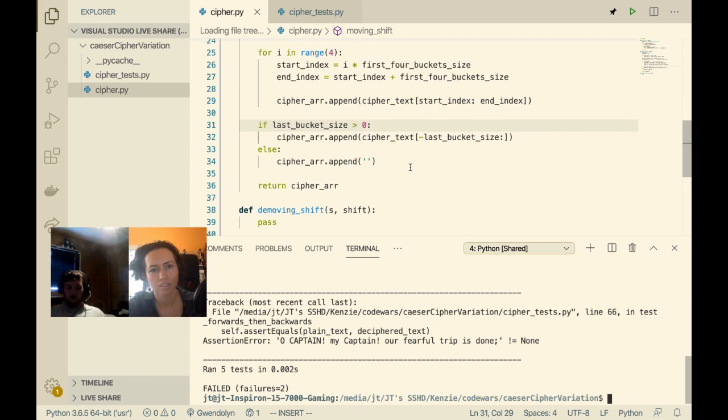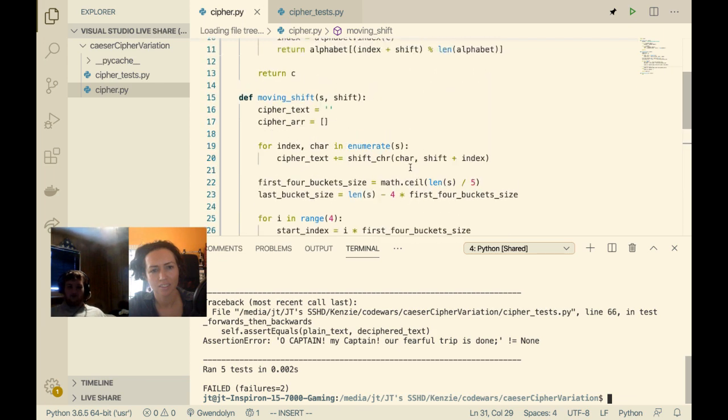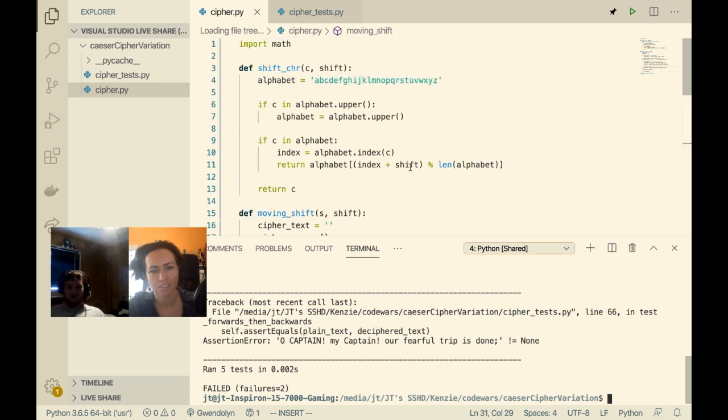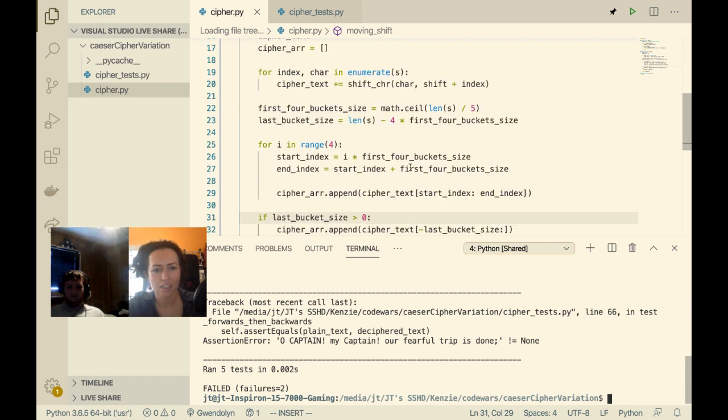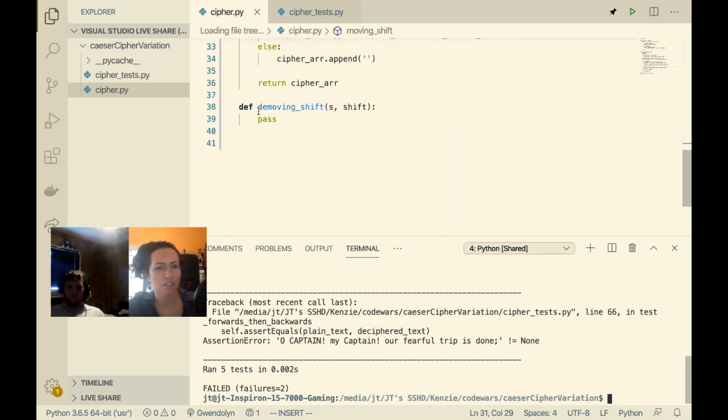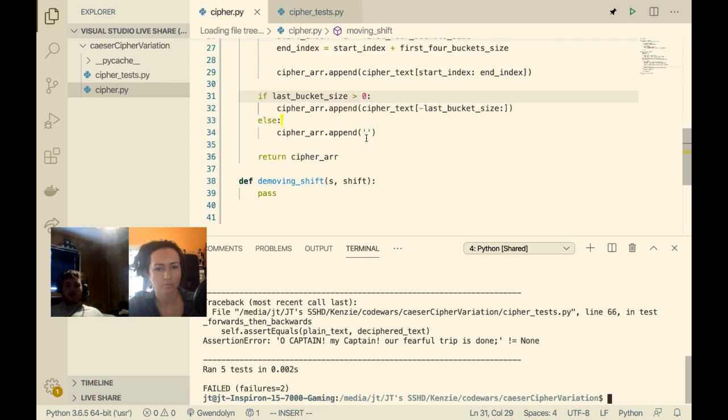Cool. So we got that first function done. So wait, the D-moving is decrypting? Yeah, it's basically doing the exact opposite of what we just did. Okay. And I believe my shift character function should actually... Oh no. That'll be interesting.